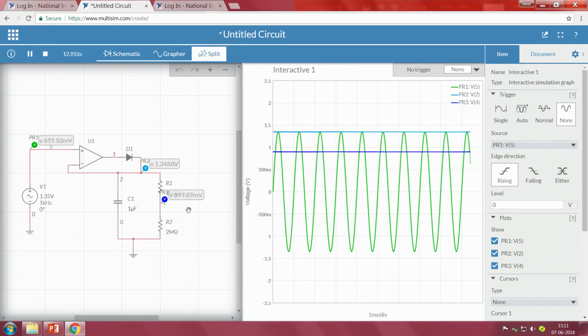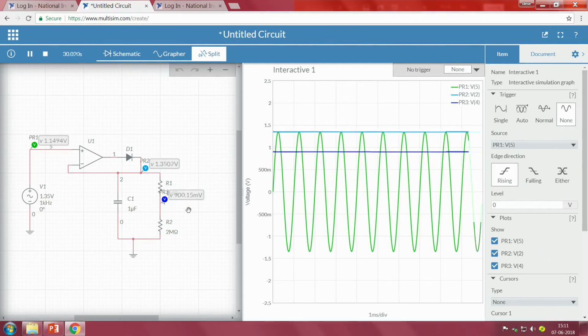Now, based upon our calculation, what is the threshold value? If we recall the potential divider circuit, it is nothing but Vin into R2 by R1 plus R2. In this case, say Vin is 1 volt, R2 is 2 mega and R1 is 1 mega, so 2 by 3 is 66.6.